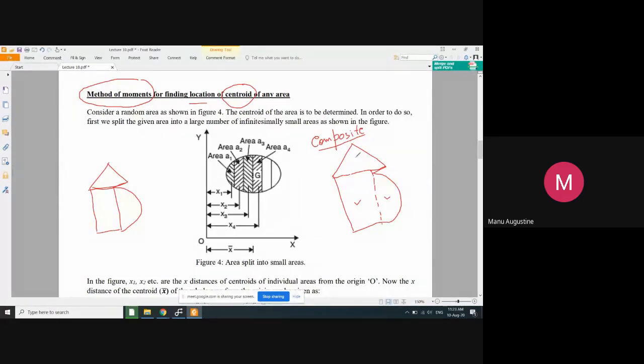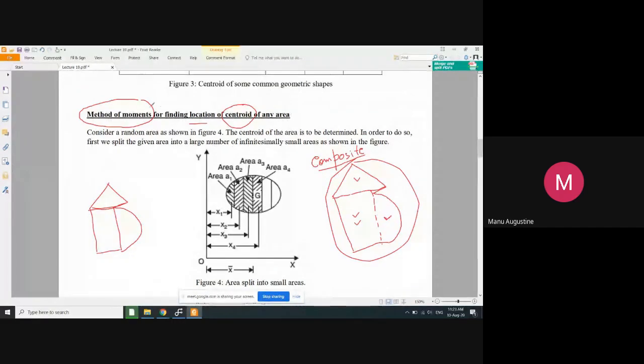So individually, you know how to find the centroid of a triangle, the centroid of a rectangle, and the centroid of a semicircle. But in a combined fashion, if a composite like this is given, where would the centroid of this overall area be located? Now, in order to solve such questions, which are commonly asked in your exam, we have to learn the method of moments. To start with that, let us slowly bring up our concept of